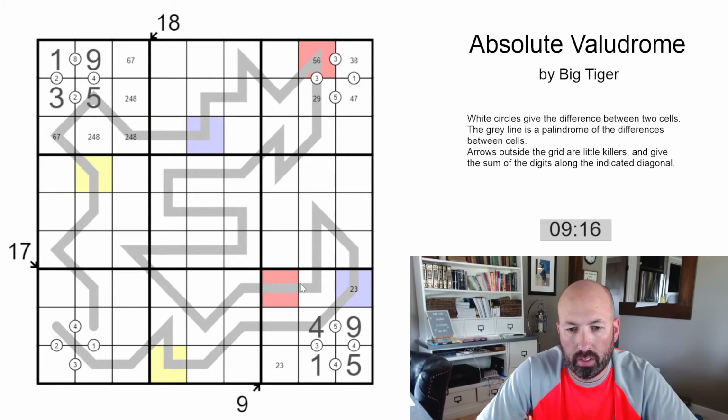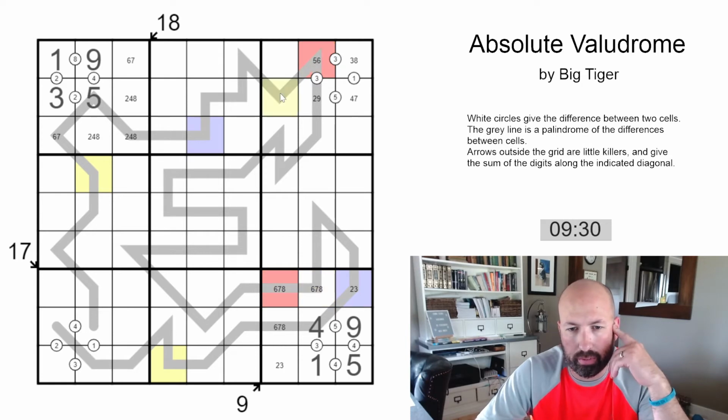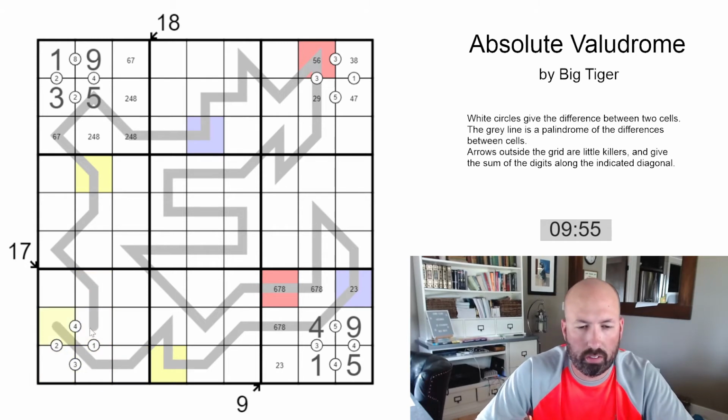So let's see what's left in this box. 6, 7, and 8. All right, and that's going over to here, isn't it? We don't know what the difference is for this one. That's going to be the same as the difference here. These 2 coming into the blue, so the difference there would be 2, 3, or 4. Yeah. It's not going to be very helpful. Okay. 1s. 5s. Okay, I'm gonna look at